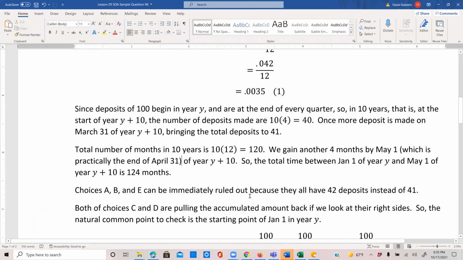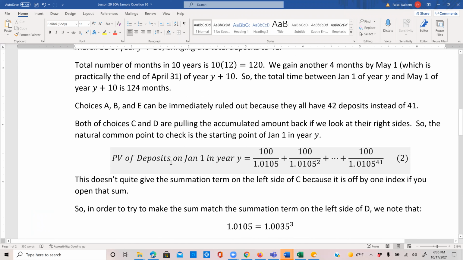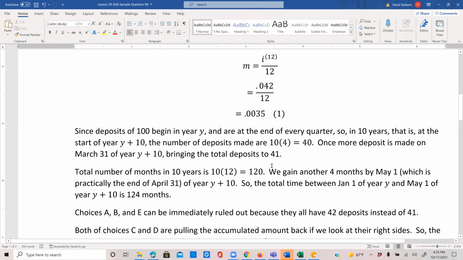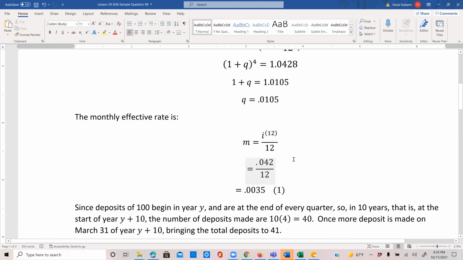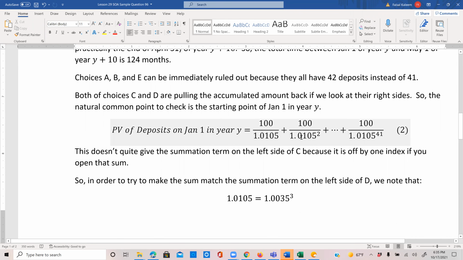So the present value of deposits on January 1 in year Y would be 100 over 1.0105. Remember, these deposits are acting like an annuity immediate, so they are happening at the end of the quarter. So the first deposit is pulled back through the quarterly interest rate, 1.0105. 0.0105 was the quarterly rate as we calculated. The second deposit would be pulled back through